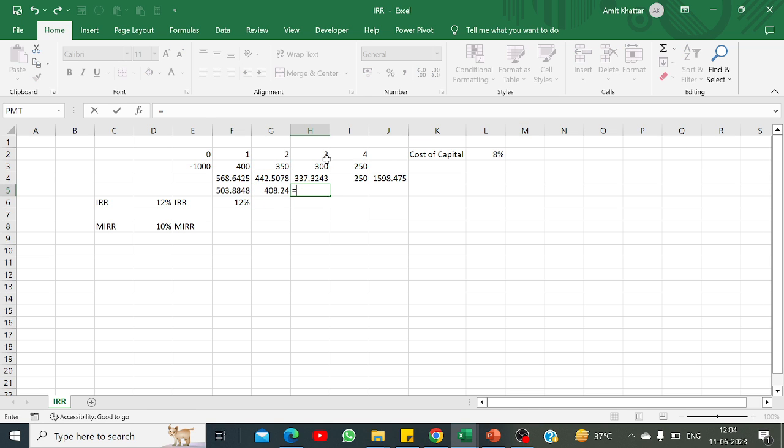For the third year cash flow, 300 multiplied with 1 plus cost of capital. And for the final year cash flow, it will be same as 250. So the net summation of all the cash flows would be